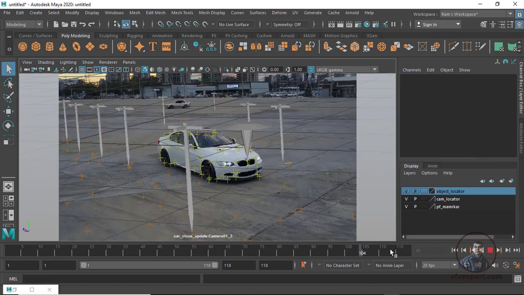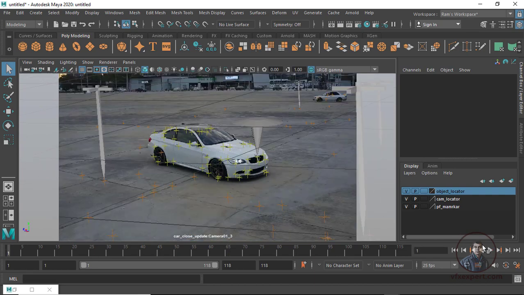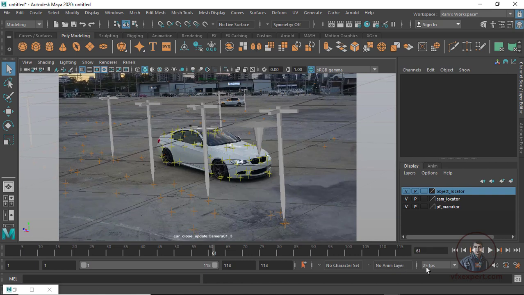Now just play and check. Now first I am going to just create a proxy geometry for your camera, then after this I will create a proxy geometry for your object motion. Okay, now just first play and check. Now here this is perfect. In downside also you will see some frame rate is there. Okay, now same frame rate you have to select from here also.